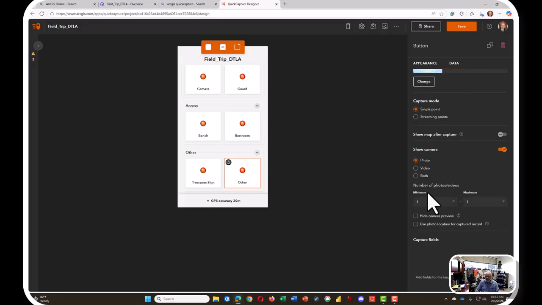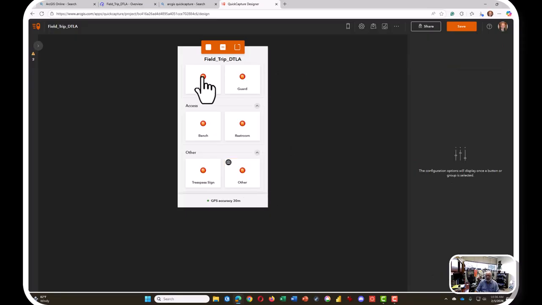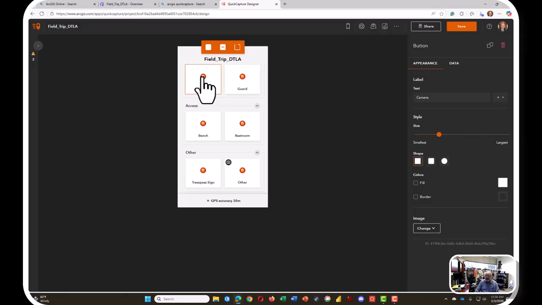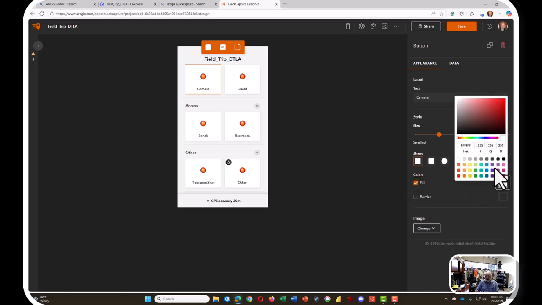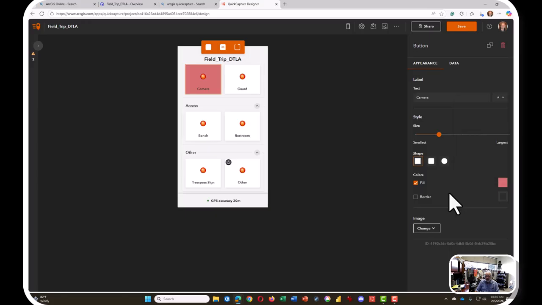and it has some options here, one photograph. So if we see something we don't know exactly what it is, that's fine. Now let's do a couple of other things here with this, and we're close to being finished. In terms of the shape, we can change these, and we can change the fill color if you want to something different than white, maybe something red. And then the image, we can browse the gallery,